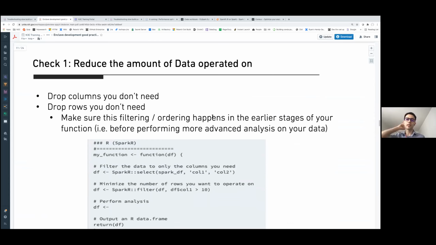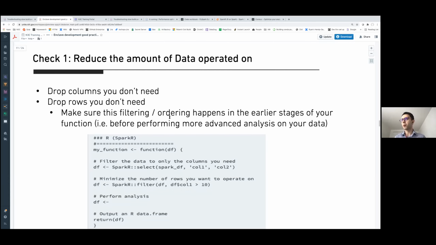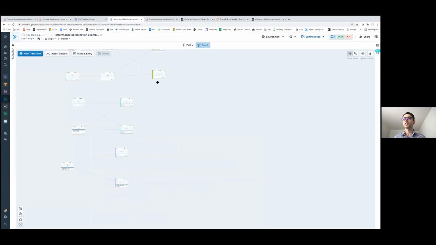And you probably don't need all the rows either. So dropping the columns you don't need and performing filters early on in your analysis might be helpful. Let me jump into a workbook in which I put some examples of such things.